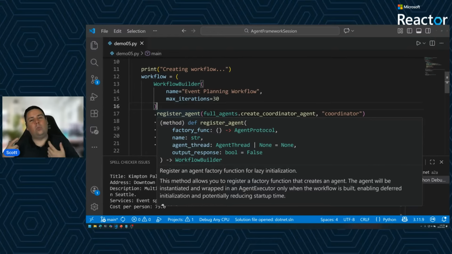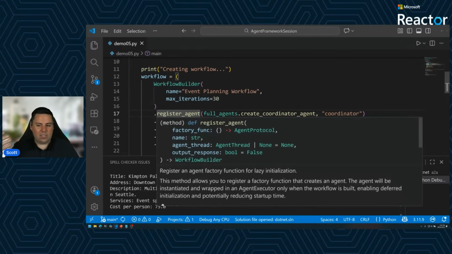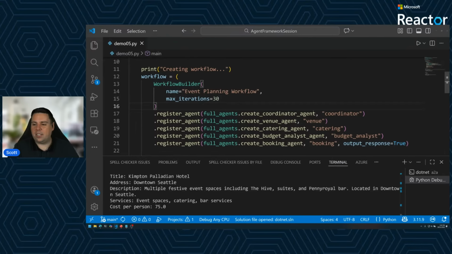This means that the workflow is now responsible for actually instantiating agents as required. So we're not necessarily creating the agents up front anymore, rather that we're providing methods to create these agents. And you can see here we can pass in our register agent, so what we'd actually like to create, and then give it a name. So give it a name within the workflow itself.